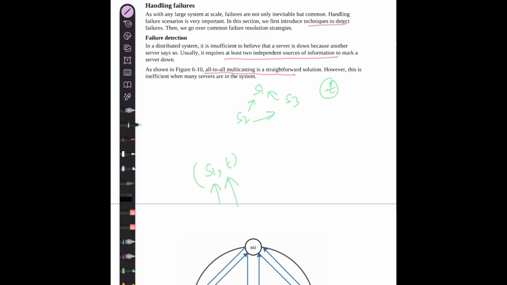Now in order to detect if a server has gone down, what the node does is at a particular time T dash, it searches for the heartbeat that it has received from S1. Say S3 is determining which node is dead. So S3 checks when it received heartbeats. If the time is T dash right now, it says, oh, the last time I received the heartbeat from S1 was at time t. If T dash minus t is greater than a threshold, then it can declare a node as dead after verifying from other nodes.